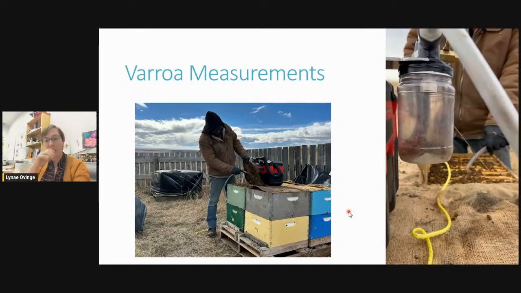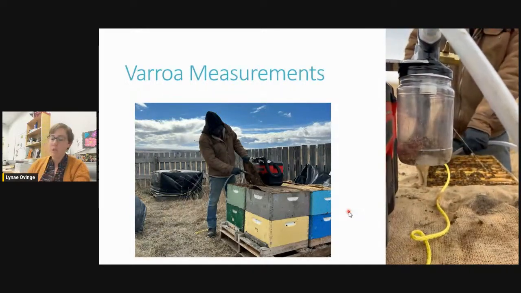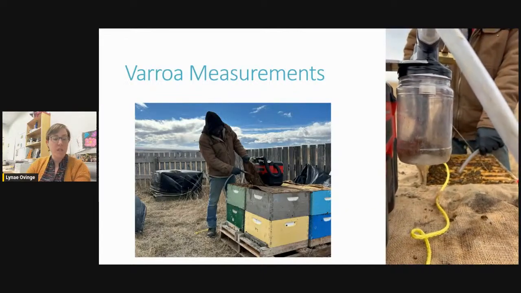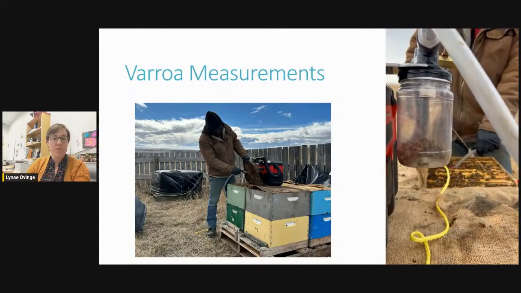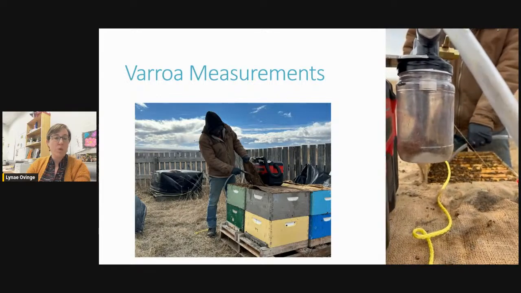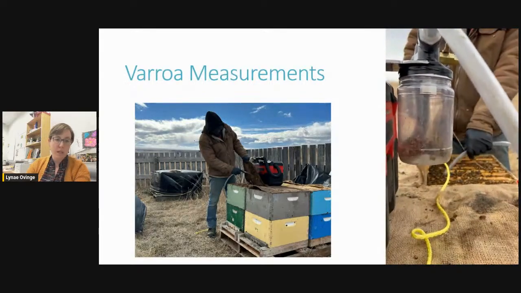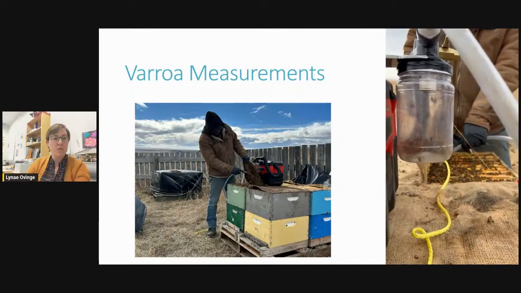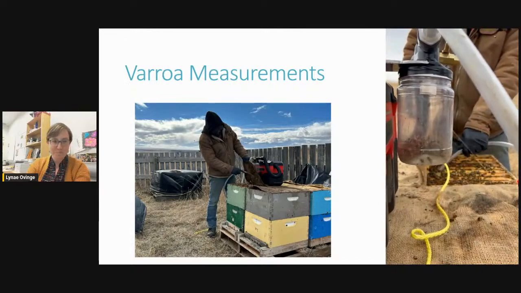But we use this to take bee samples, you know, when we were putting patties on March 15th, and we didn't want to be pulling frames to get Varroa samples so that we could do a Varroa trial. And so that bee vacuum's another way to do research at some interesting times of the year.